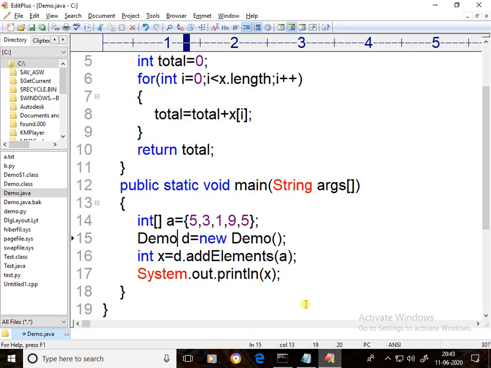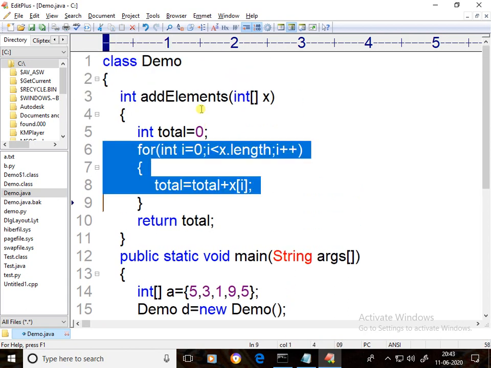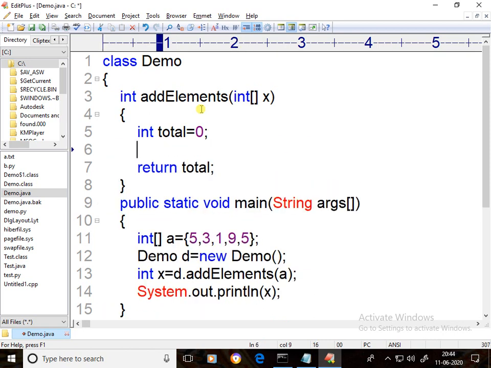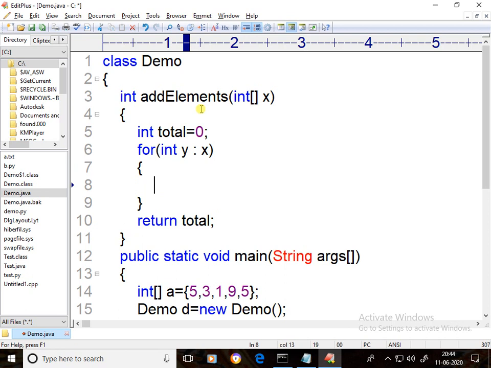And one more thing here, not only this for loop, we can use a while loop also, a do while loop also, and an enhanced for loop also. The enhanced for loop was introduced in JDK 1.5 to iterate array elements. See, how to use the enhanced for loop: just write for (int y : x). In this, just total equal to total plus y.